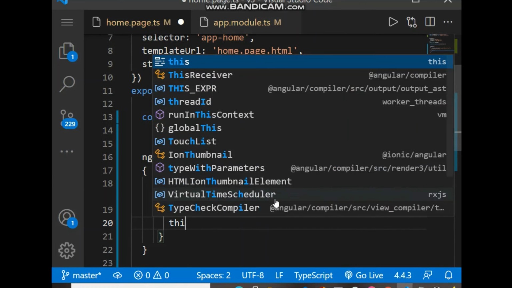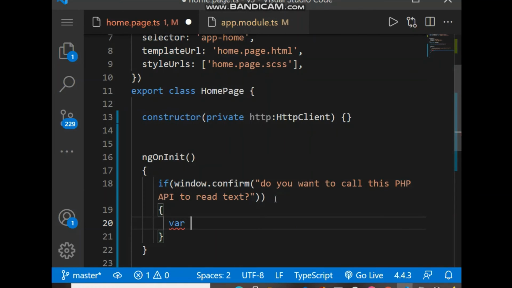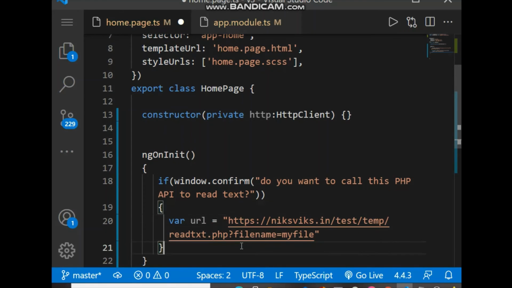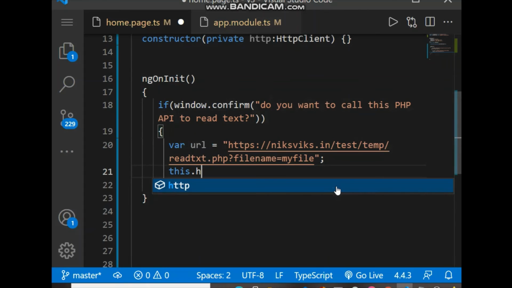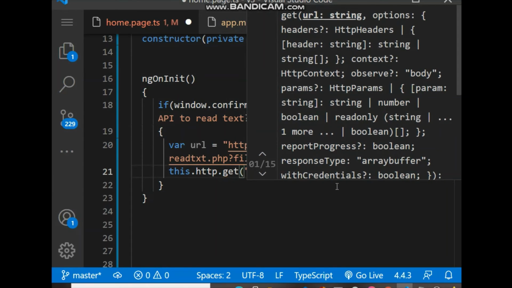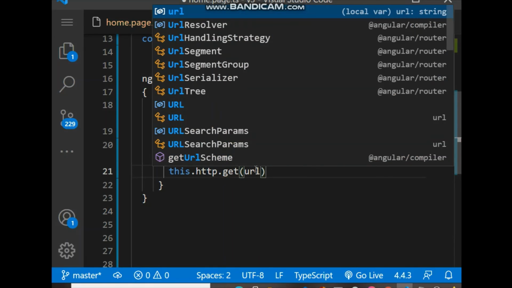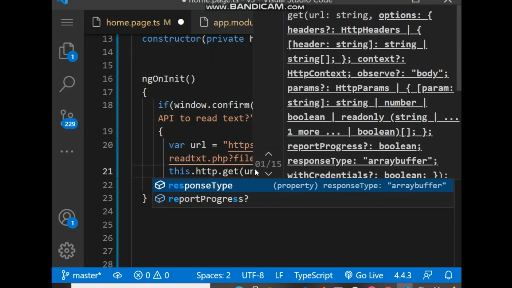So let's first declare the API URL. The API URL is this, and you can see in the query string the file name myfile is being passed, as we already created on the server. Let's call the API. We'll use the get method, and in the get method your first parameter is the URL, and you have to pass the response type.